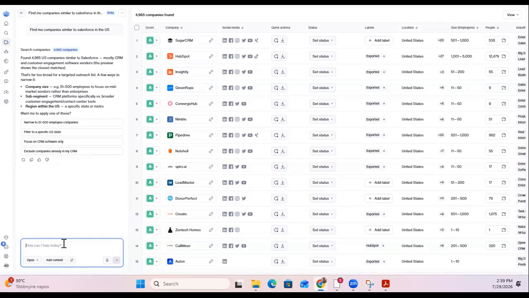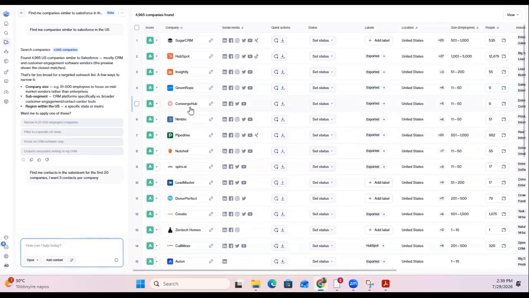For me, I want to find contacts. So find me contacts in the sales team for the first 20 companies. I want 3 contacts per company. And that's it. Now from companies, I can go directly find the contacts that are working in these companies,